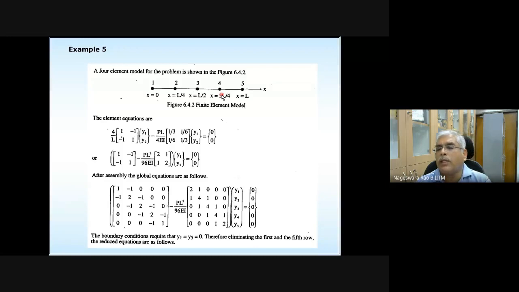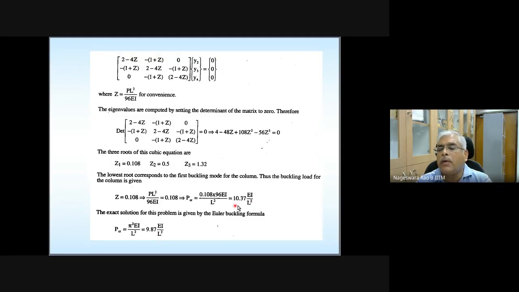The solution is going to converge from 2 directions. In some problems the solution may be on the higher side, and in some problems it is on the lower side. Okay? And here, please see the critical buckling load. The exact value is this. Whatever you predicted using 4 elements is a little bit higher when compared to this one.